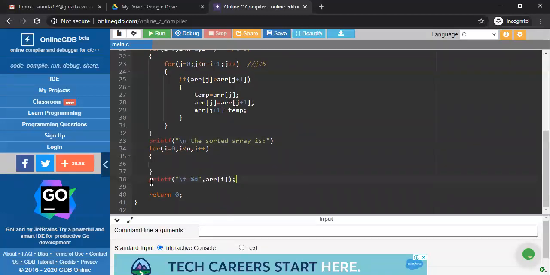So this is a simple program for bubble sort.